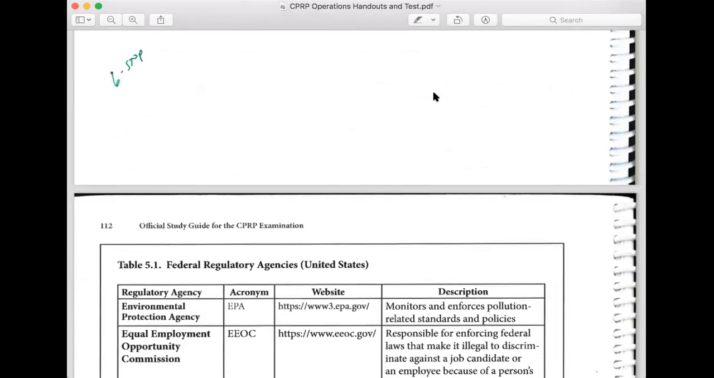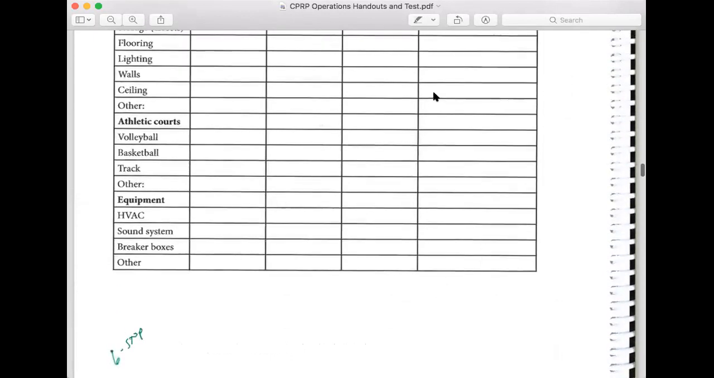Okay, the next section, I'll just leave it right there on the chart, is to conduct inventories of programs, both internal and external, that are being offered. This is quite a long section, so